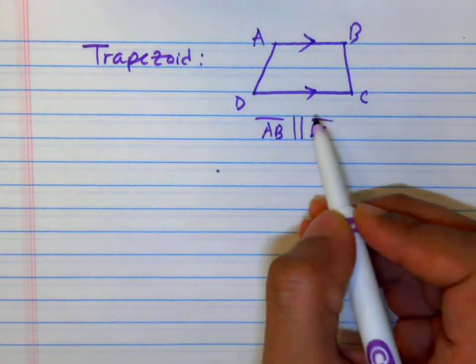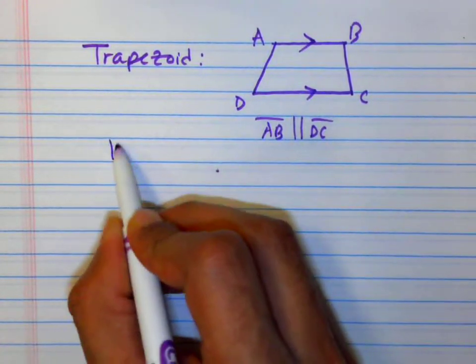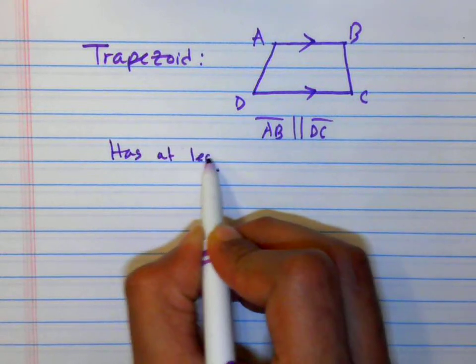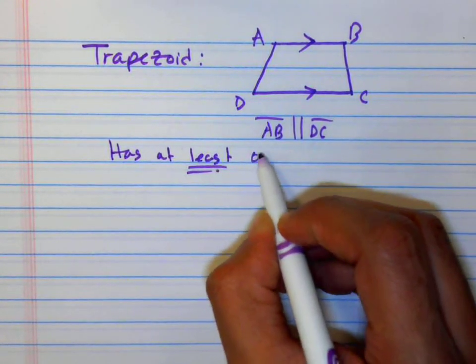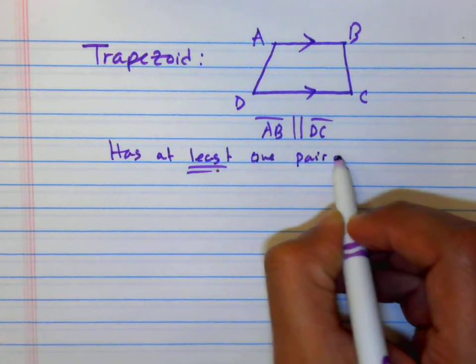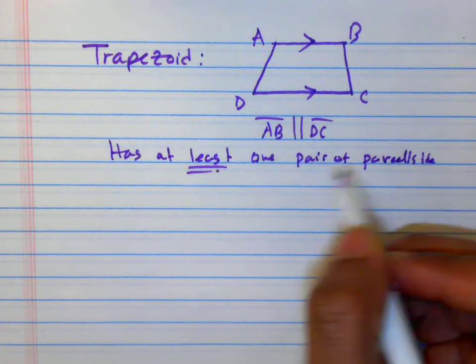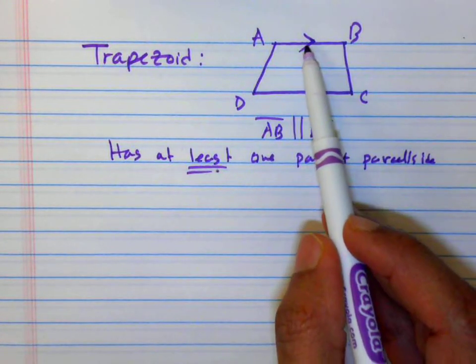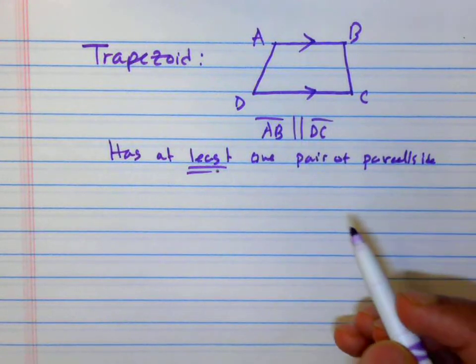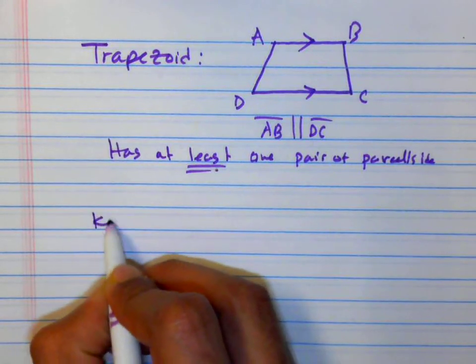Now the only difference between a trapezoid and a parallelogram is the trapezoid has at least, and this is a key word, at least one pair of parallel sides. So for a parallelogram, you must have both pairs parallel, but for a trapezoid, it can be just one pair of parallel sides. Alright. Now, what we want to look at is some key